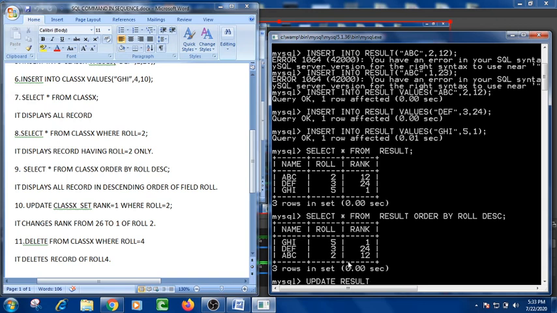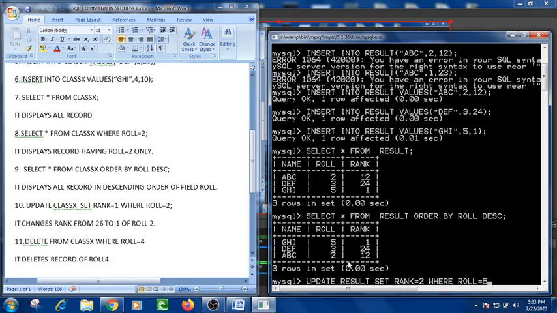Update is always used with the name of the table, result. Then set is always used with the field that has to be changed. Here I am going to change the rank, and what would be the rank? 2. And whose rank is going to be changed? Then I will write down the condition where roll equal to 5.